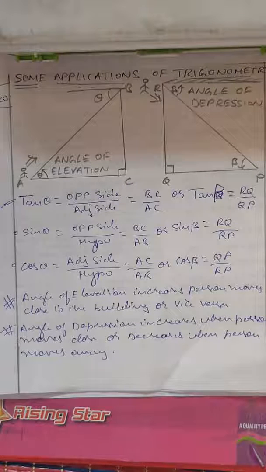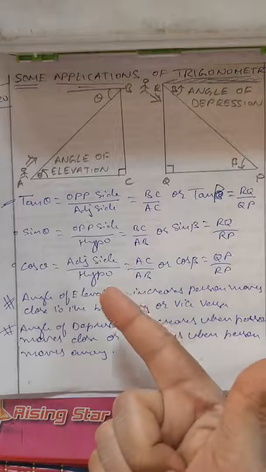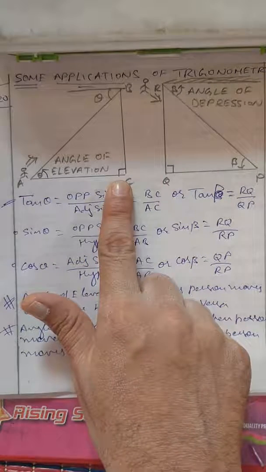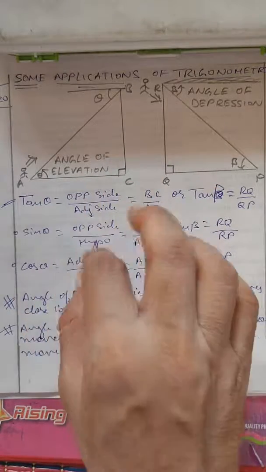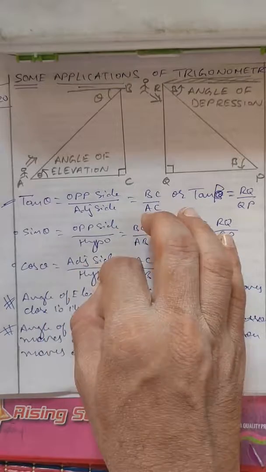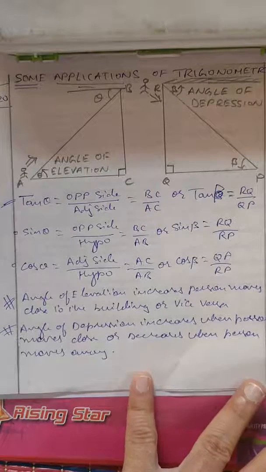And 100% of problems of trigonometry application will be word problems. So first we need to understand the problem. Number two, we need to draw the figure every time. And number three, we need to solve it. So first of all, we analyze the word problem, draw it, and then solve it. We need to see what is given, what concept they are asking, and how the person is moving. So we will stop here. This is the basic introduction to application of trigonometry.